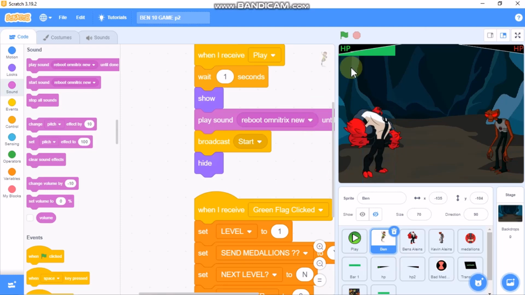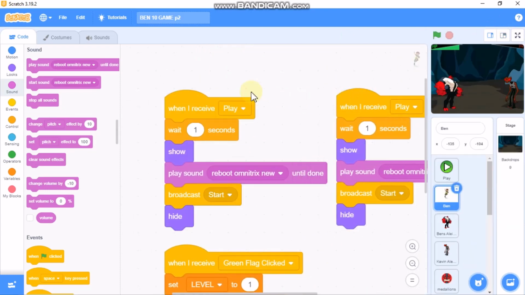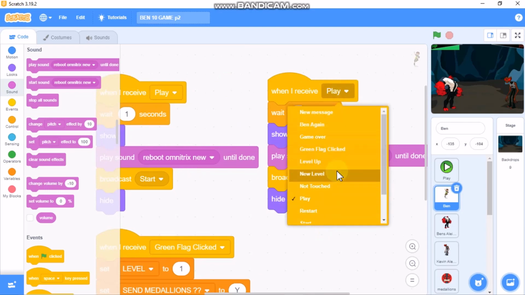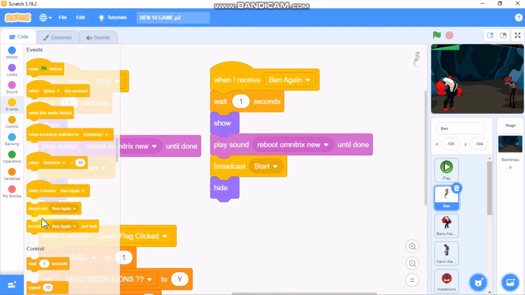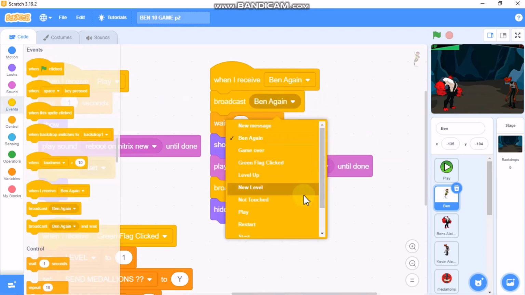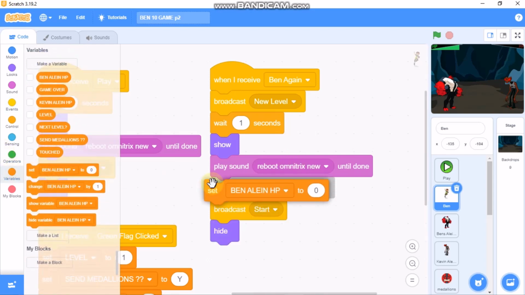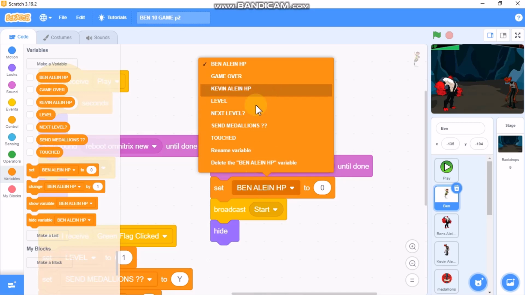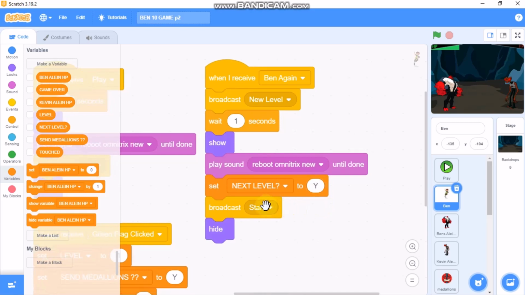So click on Ben, just minimize the screen and duplicate this, and when I receive Ben again, we need to broadcast new level. Wait 1 second, show, and then we need to set new next level to Y, and then we need to broadcast restart,